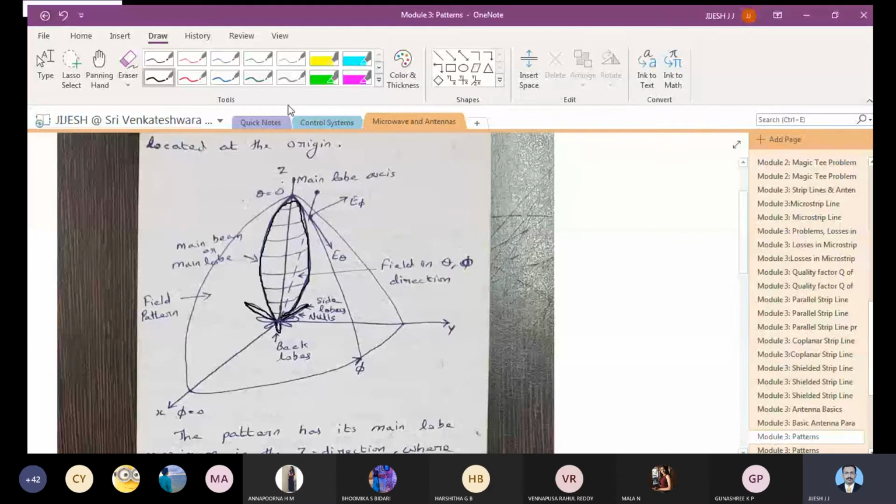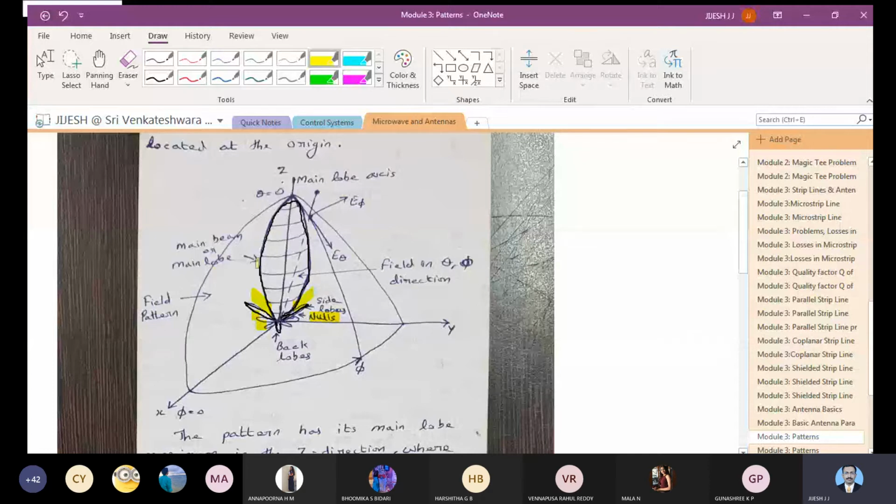You can see that there is a space between this main lobe and the side lobe. So this space, which I am giving a color for that. Similarly, this side also you have some space. So the space which is there between the main lobe and the side lobe, that is called as null. Nulls. So here also you can see space, here also you can see space, here also you can see space. Space between the lobes is called as nulls. So that is called as null.